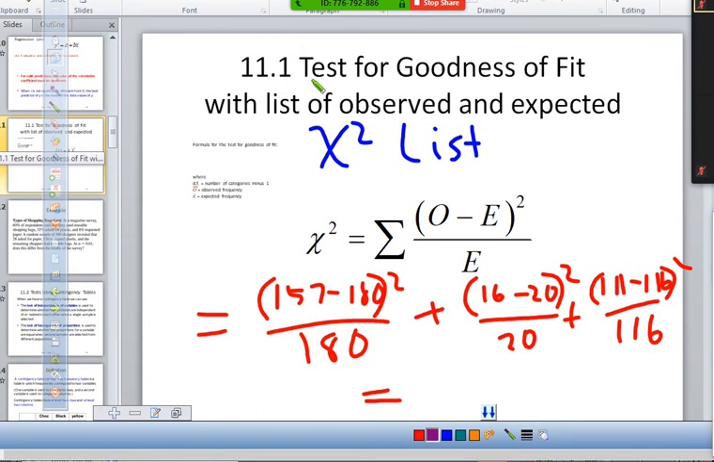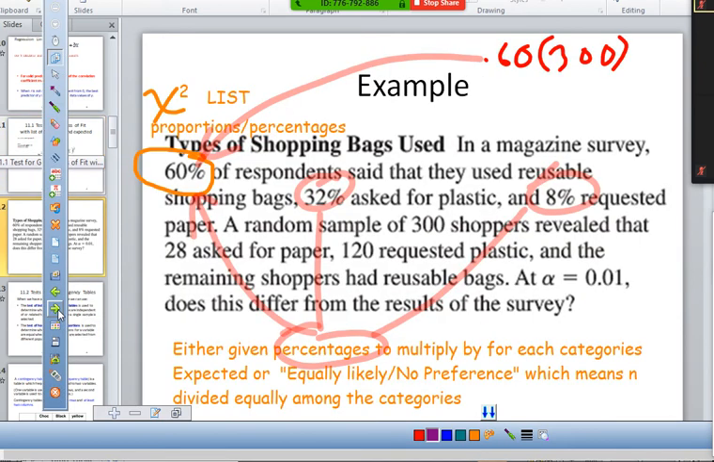So 11.1, now we're into chapter 11. The first one was the chi-squared list, right? So this is the goodness of fit test. This one is where you have data, you're given a list. Here, I'll show you it. It's this one here. So you're given a list, and